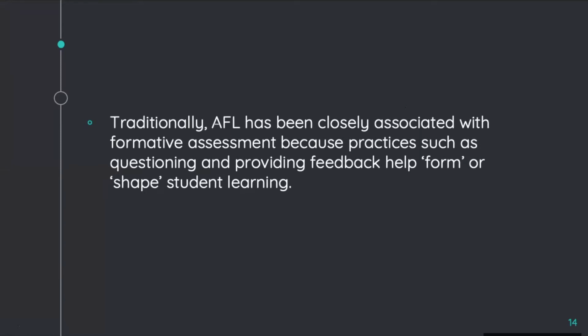Then again, summative assessment, as you guys said, happens at the end of something: at the end of a unit, at the end of a course, at the end of the term, or whatever. So it's an assessment that students are aware of. They do it while they know that they are sitting down and taking, for example, an exam, or sitting down for an oral, or doing a portfolio, or whatever. So they are aware of the fact that they are being assessed.